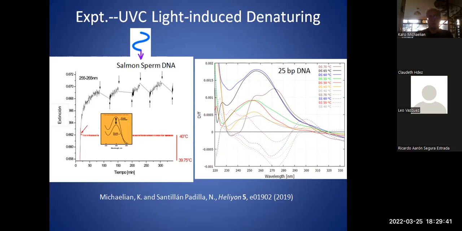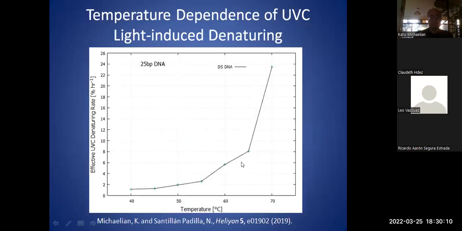We'll get into that in another talk. But it's just when you have two bases, like for example, two thymines together, then a photon can come in and it forms a covalent bonding, and that reduces the absorption in the future. So we get a decrease in absorption for single strand. It's also occurring for double strand, but we don't see it because we get much more denaturing, which increases the absorption.